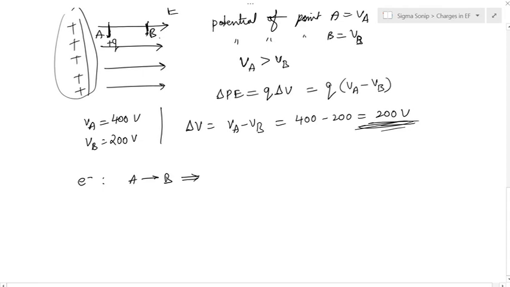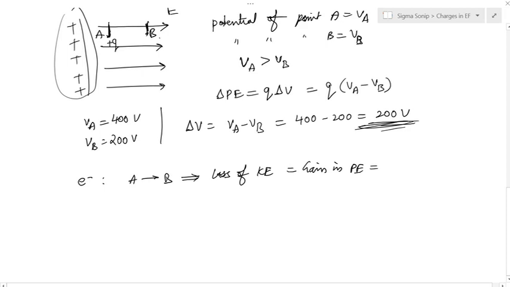So when the electron moves from A to B, it will slow down. So it means there will be a loss of K, and that also means there will be a gain of P,